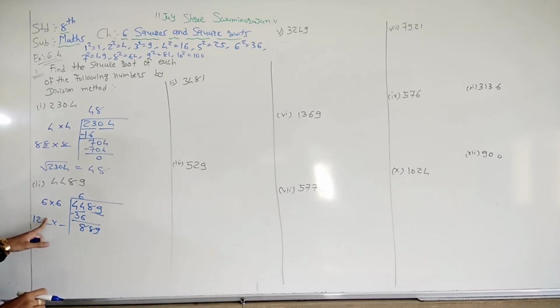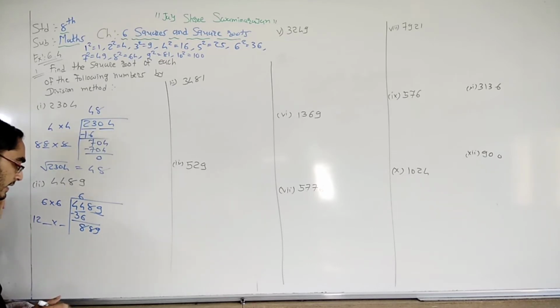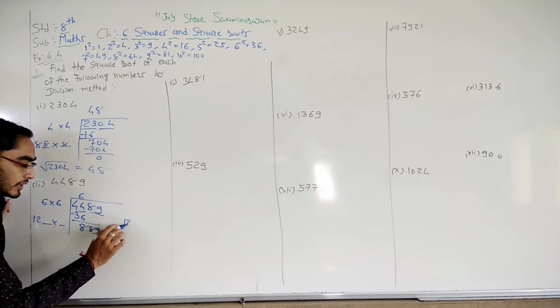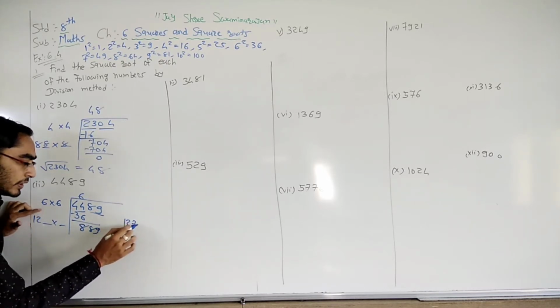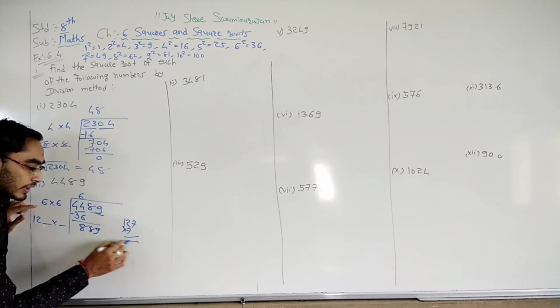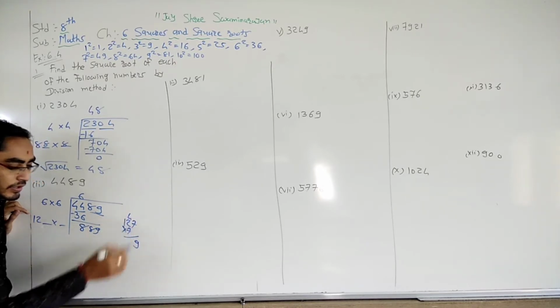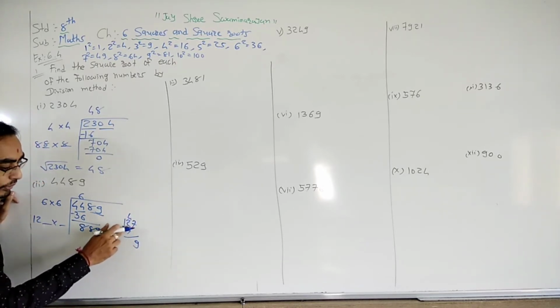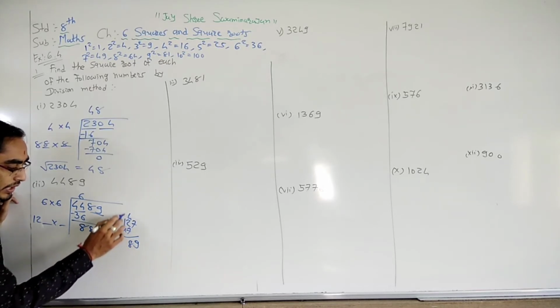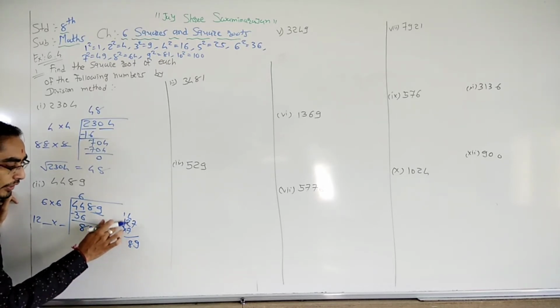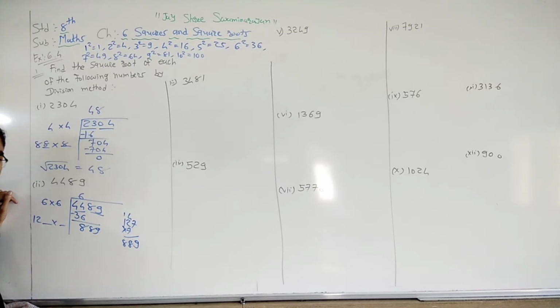Now here we need to put the digit so that we get the answer 889. Okay, so try out the 7. Put 7 here. So 127 multiplied by 7. 7 7s are 49. Remainder 4. 7 2s are 14 plus 4, 18. Remainder 1. 7 1s are 7 plus 1, 8. So we get the 889, right?